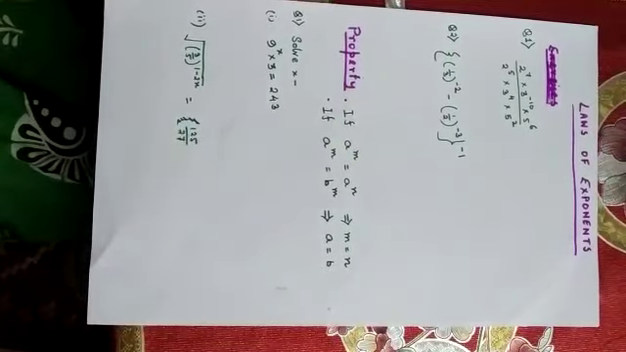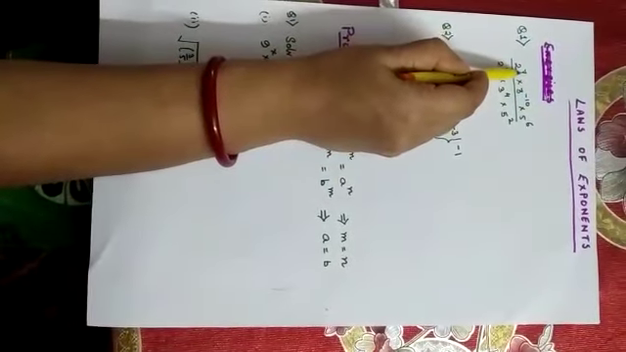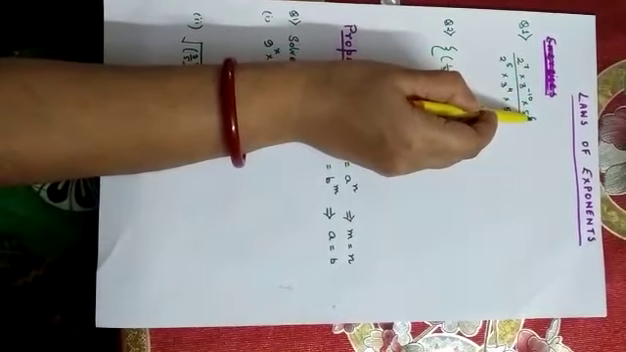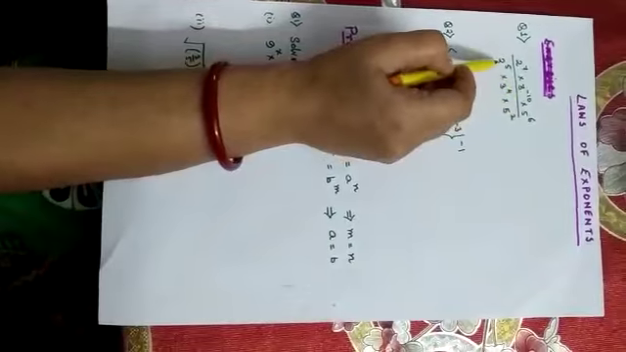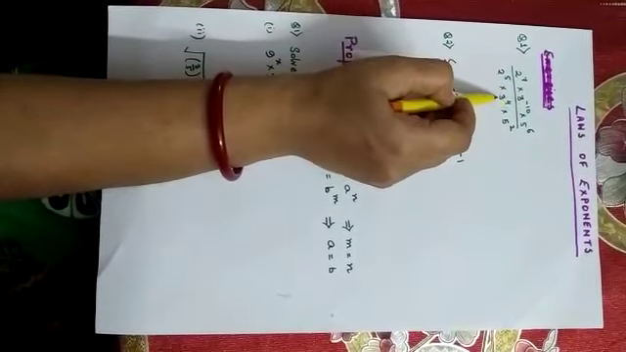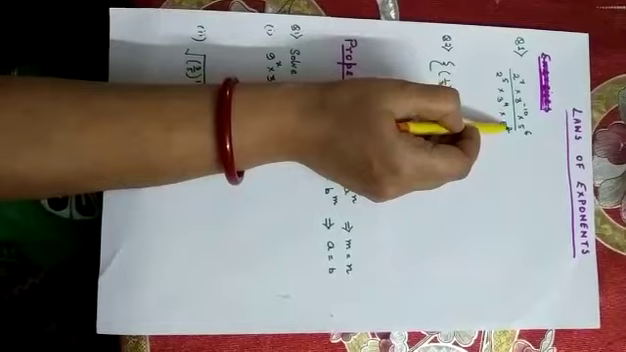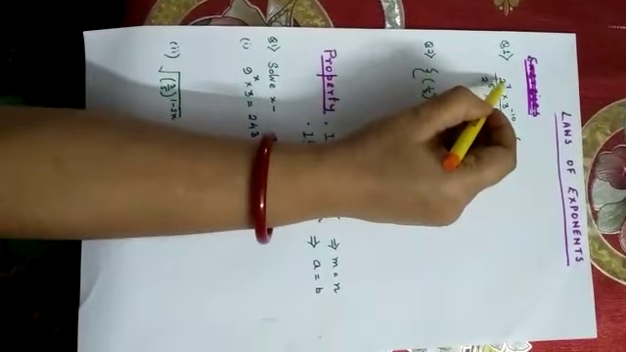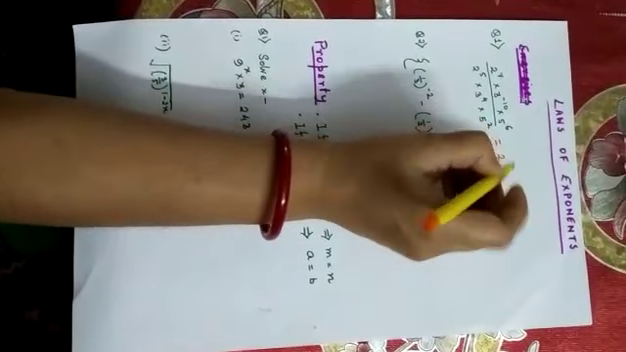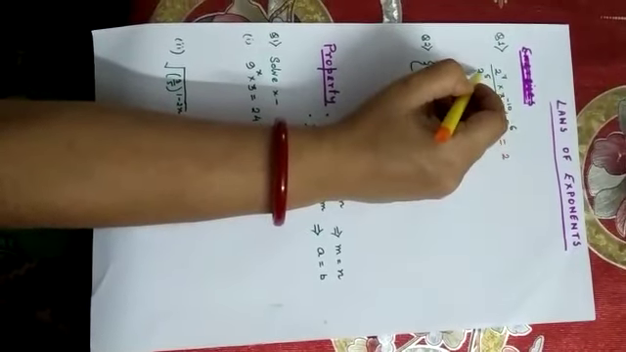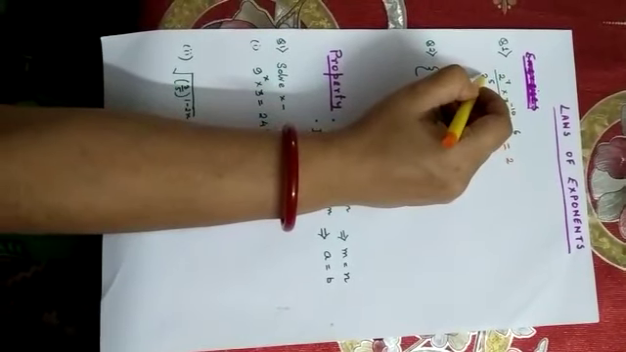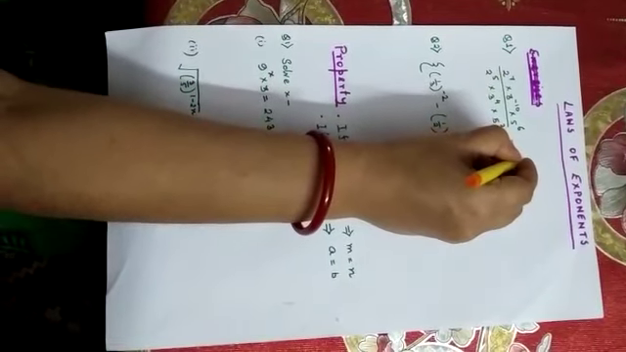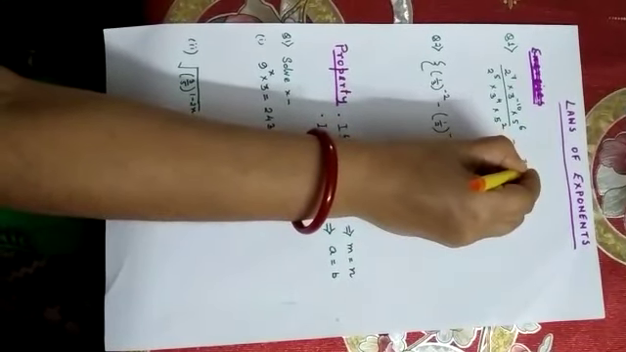First question. 2 to the power 7 into 3 to the power minus 10 into 5 to the power 6, divided by 2 to the power 5 into 3 to the power 4 into 5 to the power 2. Here there are three different bases. First one is 2. 2 to the power 7 divided by 2 to the power 5. Bases are same, powers are different, and there is a division sign. So powers get subtracted. 7 minus 5,